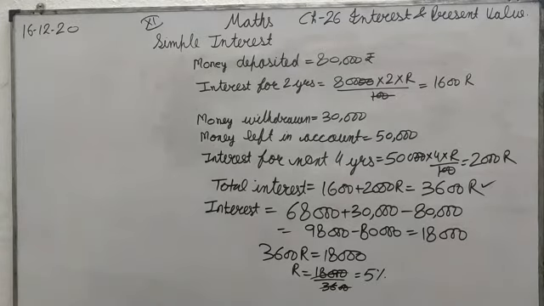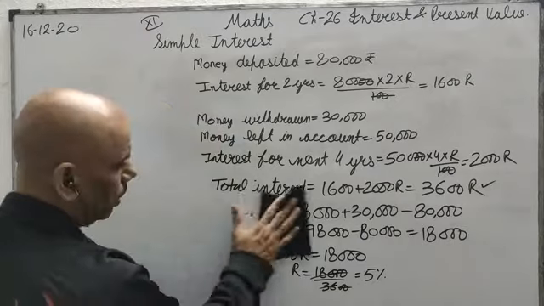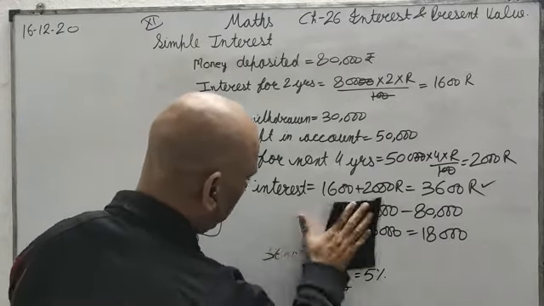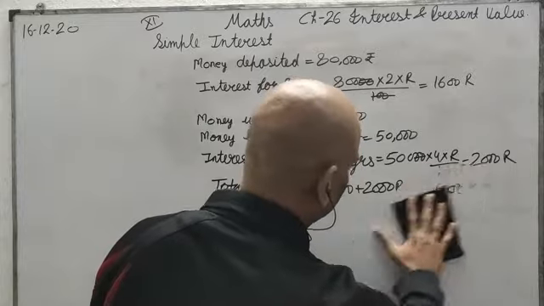Now, question number 16. A sum of money invested at 20% per annum amounts to 650 in 1.5 years. A sum has been invested, and in 1.5 years, this is 650 rupees. What will be its amount in 2 years at 12% per annum simple interest? If the rate of interest is 12% in 2 years, how much will be its value? That he is asking for.